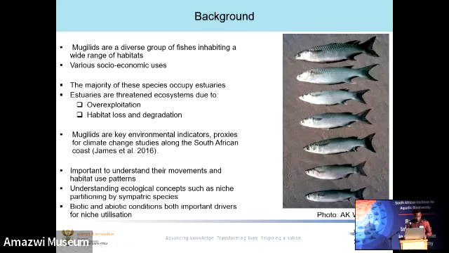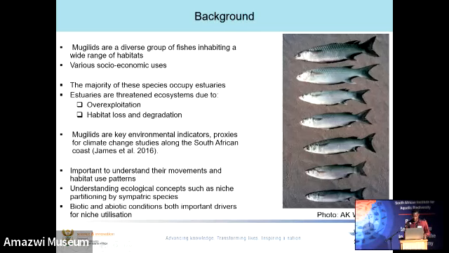So if we look at the mullet species that we're going to be talking about in this presentation, their distribution around the South African coastline is strongly linked to temperature changes. The southern mullet is in high abundance in the cold temperate region, and the groove mullet you find in abundance in the warm temperate region. And because of this, climate change also affects the distribution of these animals. So it is important to understand the way these animals move within these systems to better understand how climate change may impact